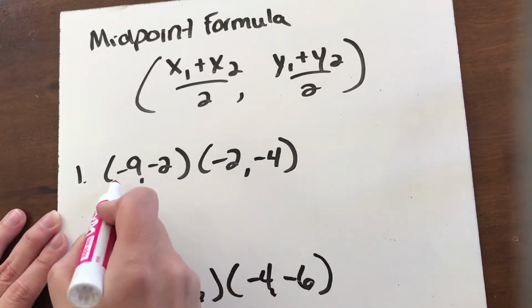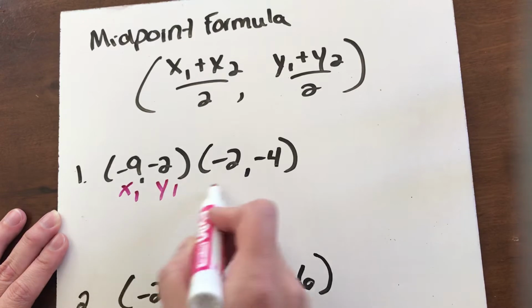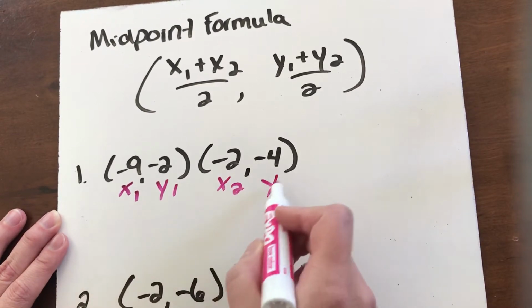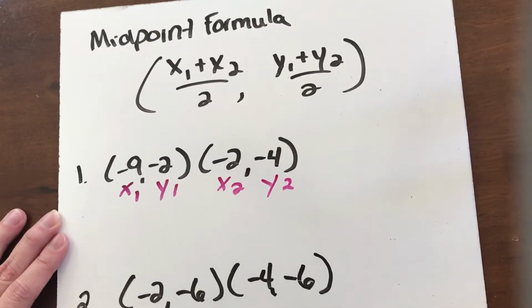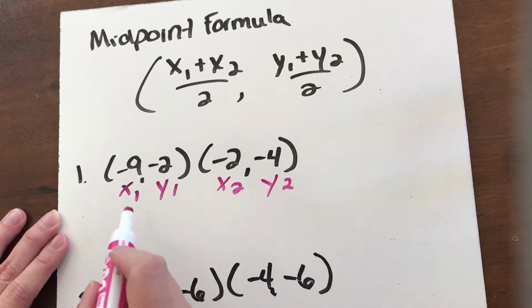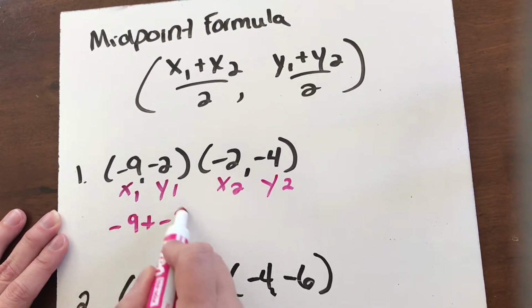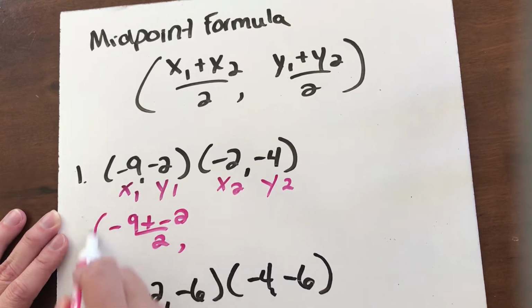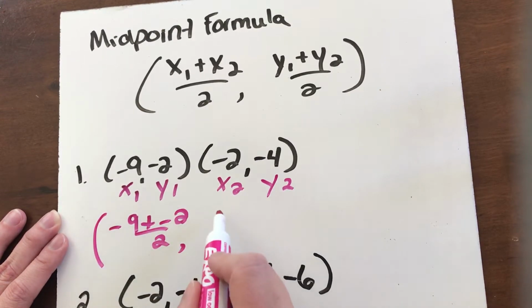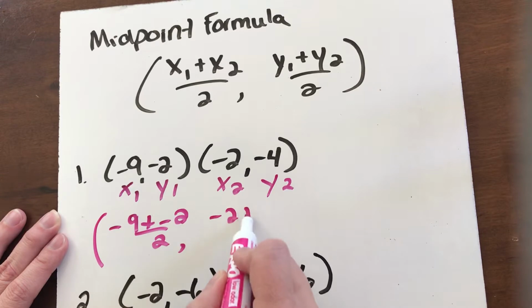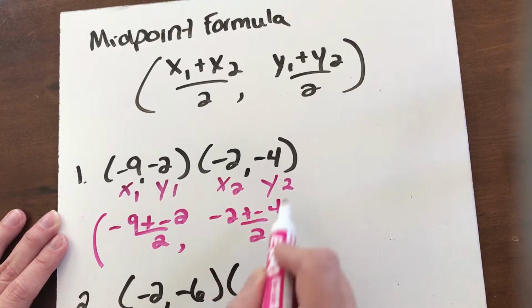So the easiest thing to do is just label this. This is x sub 1, this is y sub 1, this is x sub 2, y sub 2. Again, it's just the second term that is listed. So then we have your formula. You have x sub 1 plus x sub 2 divided by 2 as your x coordinate, and then y sub 1 plus y sub 2 divided by 2